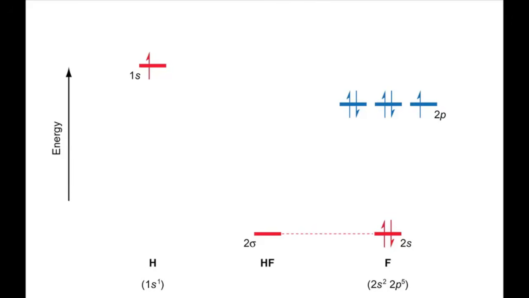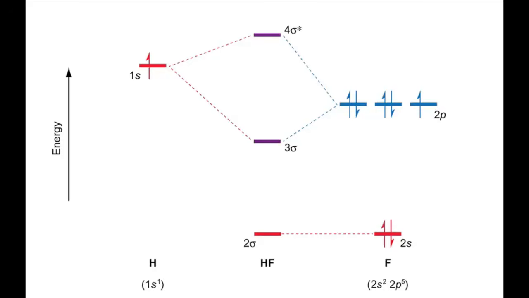This means that the 2 sigma orbital is essentially a non-bonding orbital with the same energy as the 2s atomic orbital. The hydrogen 1s orbital and the fluorine 2pz orbitals also have the correct symmetry to interact, and these are closer together in energy. They therefore interact together to form a sigma bonding orbital and a sigma anti-bonding orbital. Note that the orbital label does not have a g or a u part, as the molecular orbitals don't have